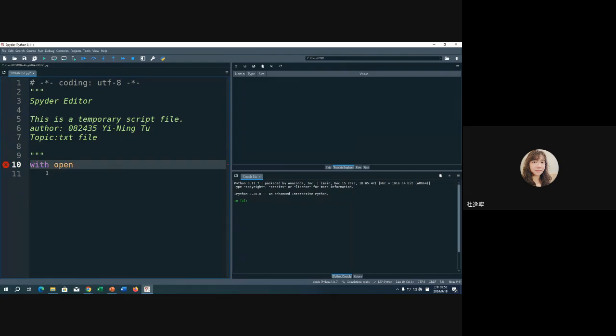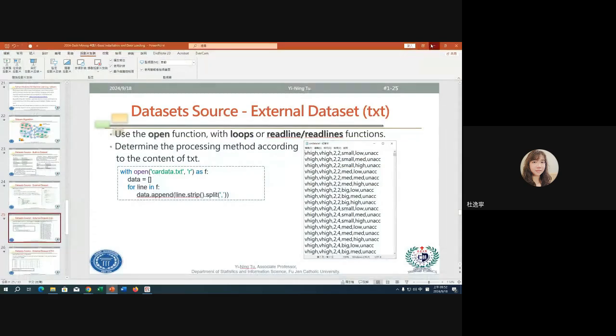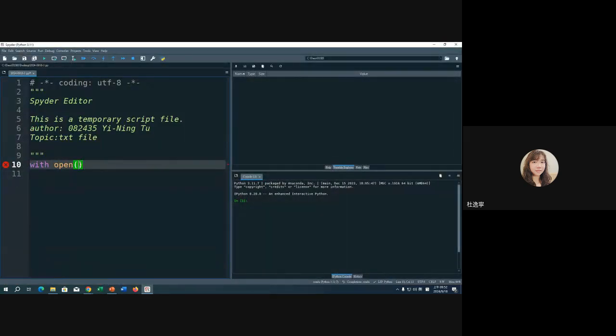When you use the keyword with open, during this part, we can call that we open the file. We have to use the quotation here, double quotation,